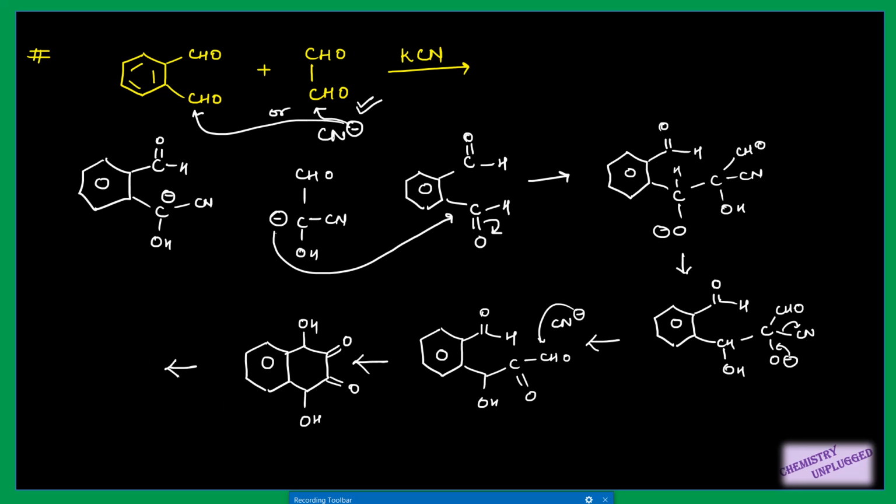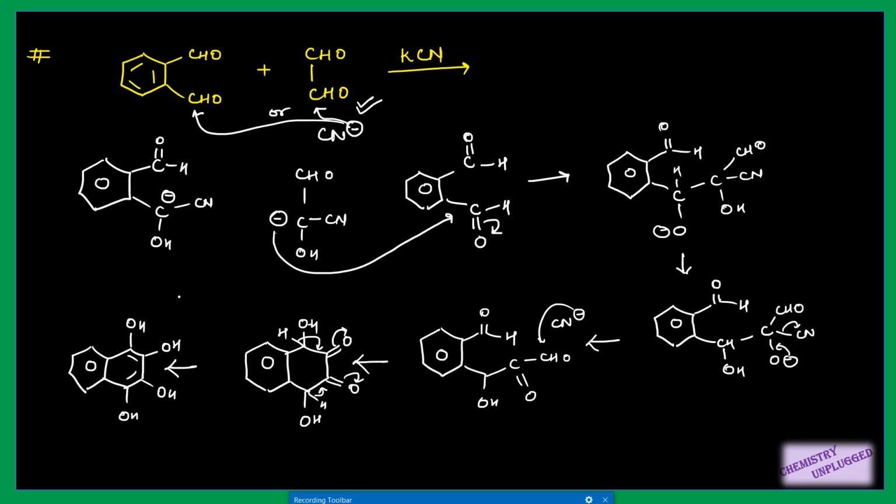Now what you can do is shift this proton from this carbon to this oxygen. Similarly, this proton will be shifted. Why will this step take place? Because it will cause generation of aromaticity in this molecule, right? So it is making it more stable in nature. We will get this one as the final molecule. So this is all about benzoin condensation.